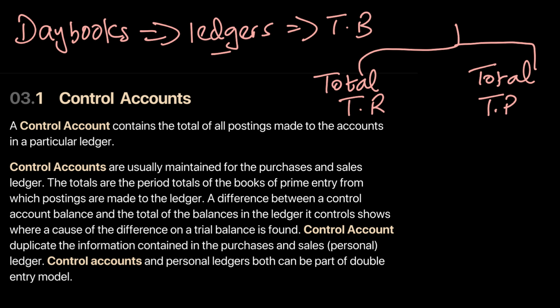Now the reason why we draw control accounts, and they're maintained for purchases and sales, is that we can compare and verify from the books of prime entry, which are your day books, and your ledgers, whether we have arrived at the right answer or not. Firms would have hundreds and thousands of maybe trade receivables and trade payables, so there's a very good possibility there can be some errors as well. Our job over here using control account is to verify it. So let me illustrate this through an example.